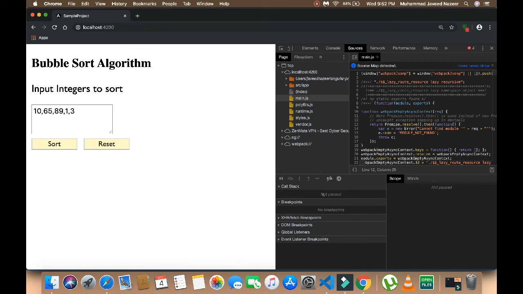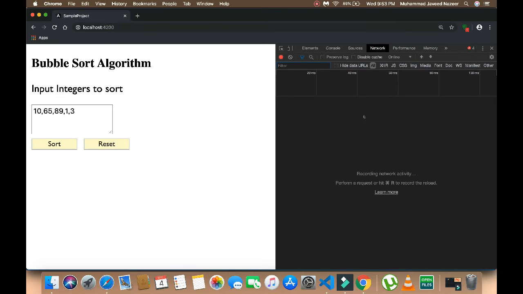In the JavaScript debugging pane you have the call stack and breakpoints, so whatever breakpoints you have given will be displayed here. And we have event listener breakpoints, so multiple things are available. We will watch them one by one. Here we have a scope and a watch, all those things available. I will explain them one by one.